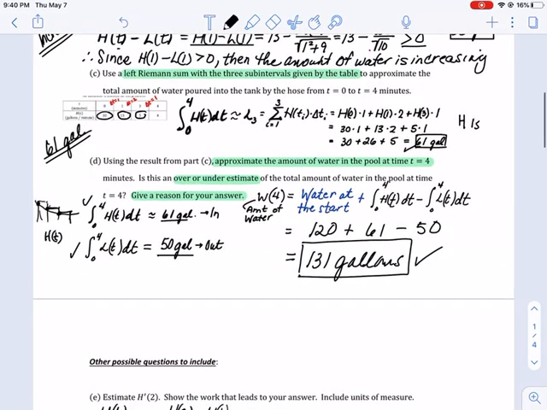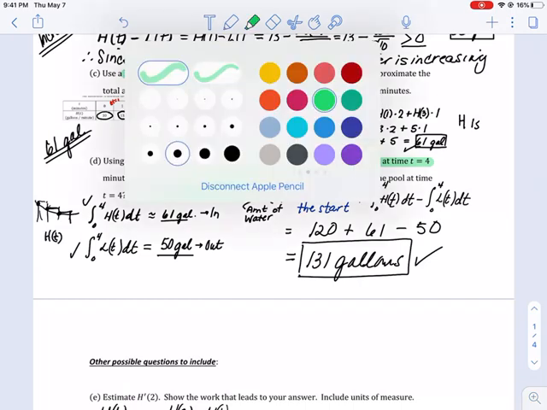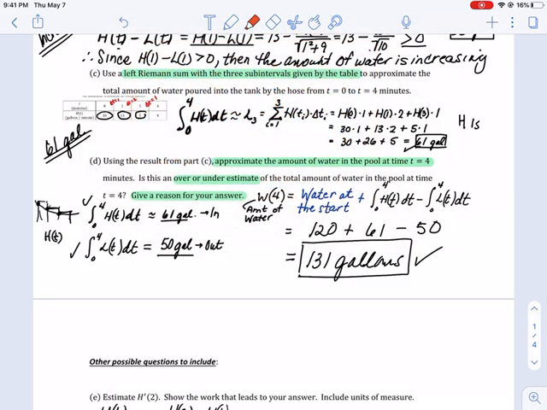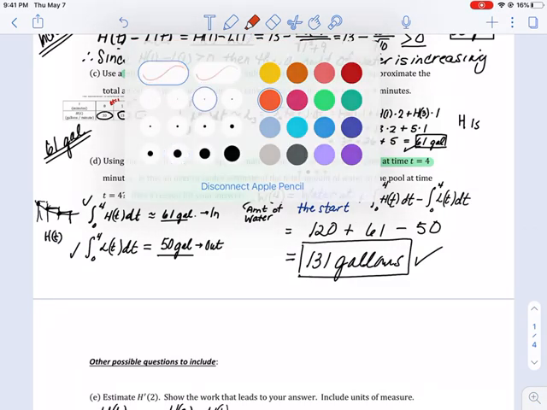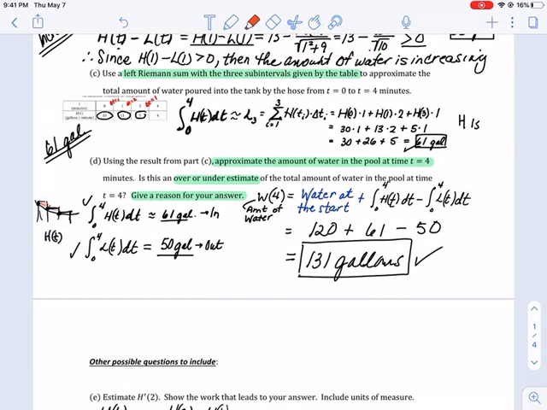And then we answer the question, is it an underestimate or an overestimate? And I think about this for a second. If we're looking at this and we have this extra area, we're just taking a look at this. And this is always true. Let me make that a little bit thinner. So it's always going to be true if you're looking for estimates. And you see where I have this extra area up here? If we're doing a left Riemann sum and the function is decreasing,